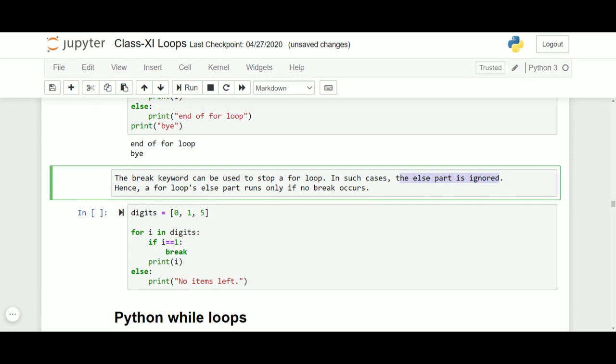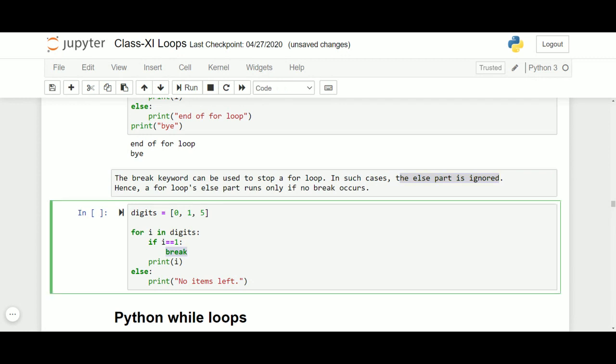So else part will only be executed if the loop gets exhausted, if the loop never got executed, or the loop came out because of continue or anything other than break. Here is an example showing that the break got encountered and it will never go to else.